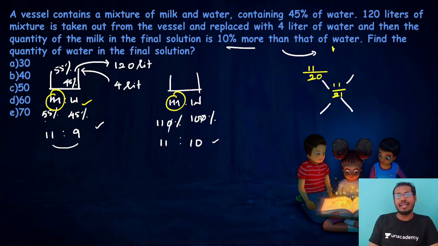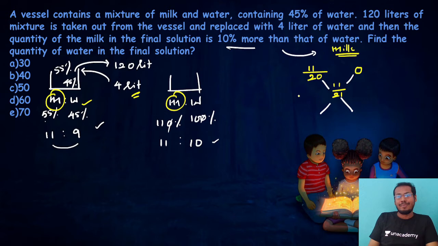This diagram is only about milk. In my previous videos, I had explained how we need to solve. If you speak about milk, all the values should be in milk. If you speak about water, everything should be water. Here, I'm going to mix water, but the diagram is based on milk, so I put 0. If I speak about water, I will put 1 because water was included there.